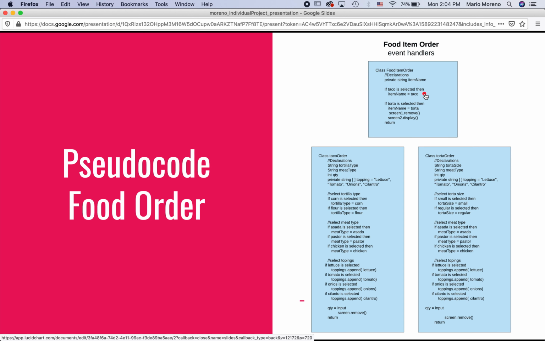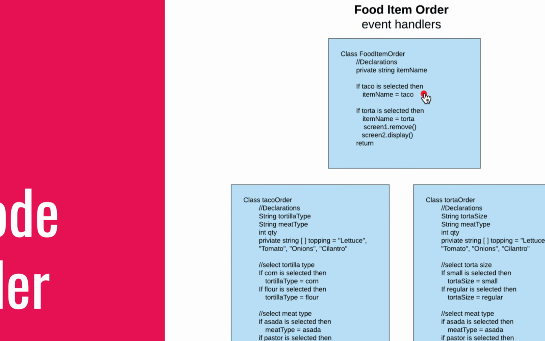And this is how it would look in an order class. This would be the first screen that the user sees, and it just has the item name. If they select a torta, then the item name is a torta. If they select a taco, then the item name is a taco, and then we go to the next